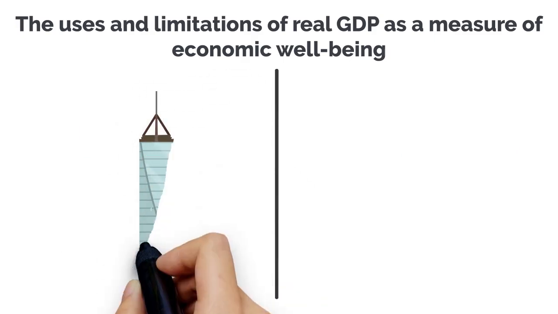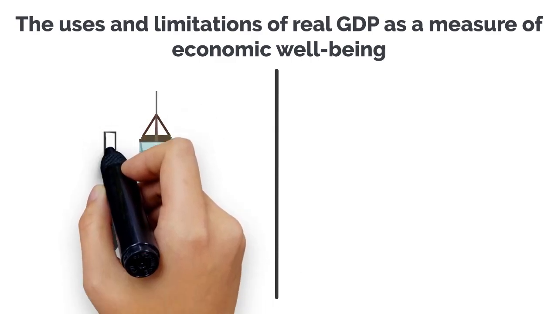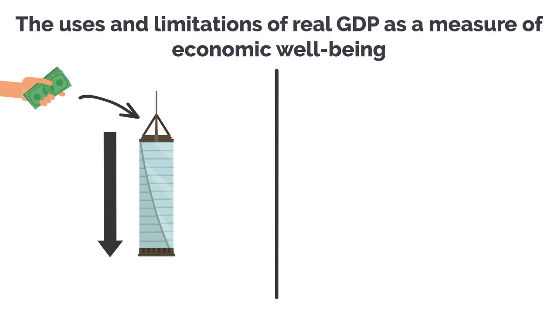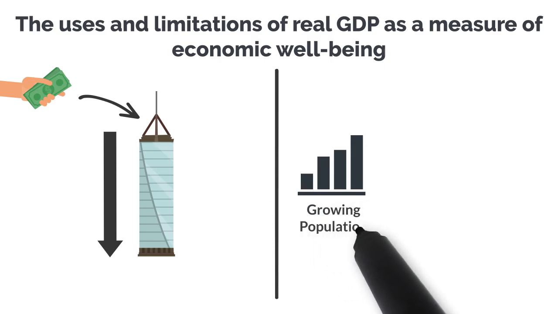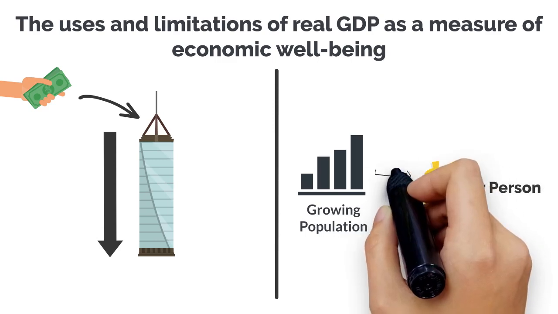Depreciation of capital is the decrease in the value of a nation's capital stock over time. GDP accounts for investment in new capital, but does not subtract the lost value of depreciated capital. Because of this, GDP may overstate the amount of economic activity in nations with rapidly depreciating capital stocks.